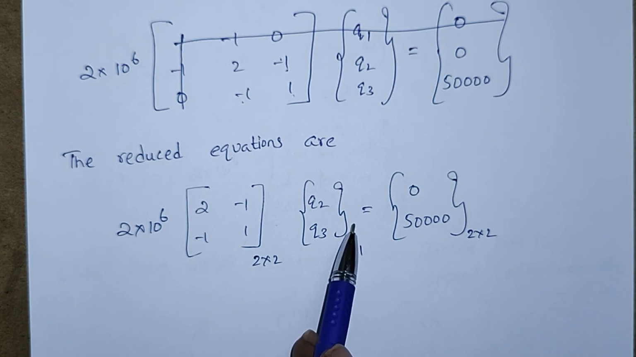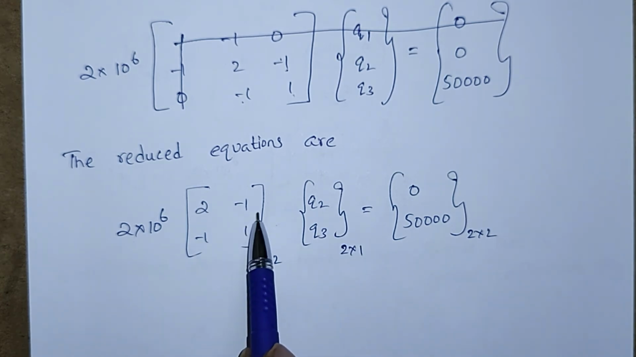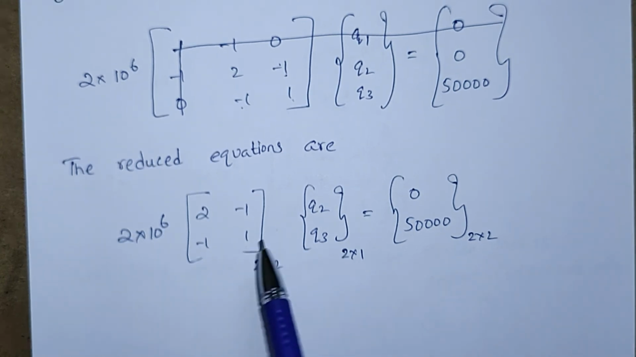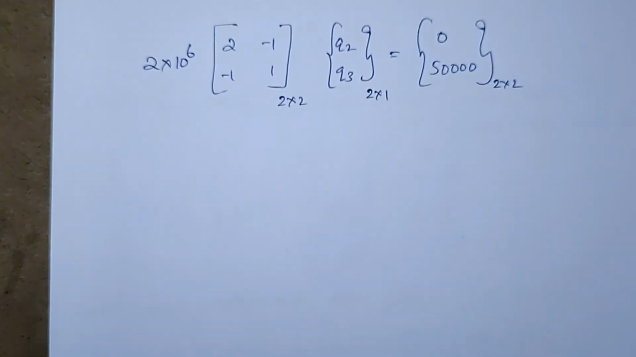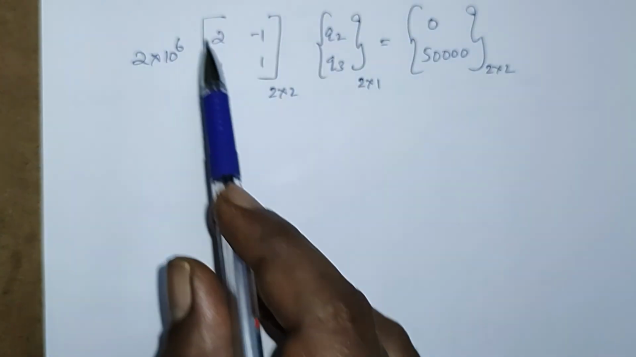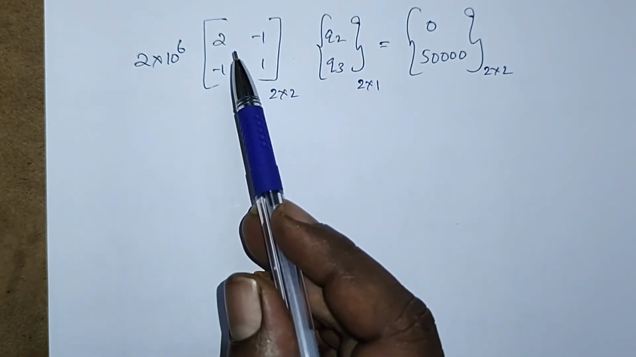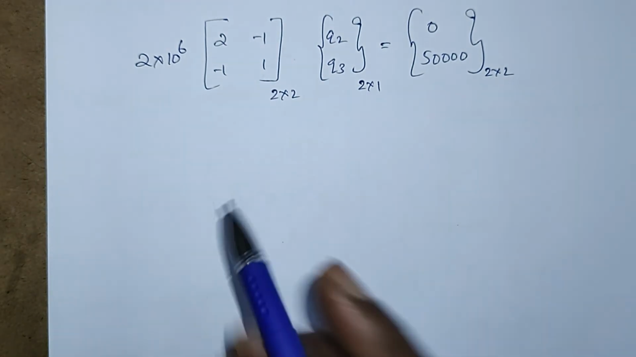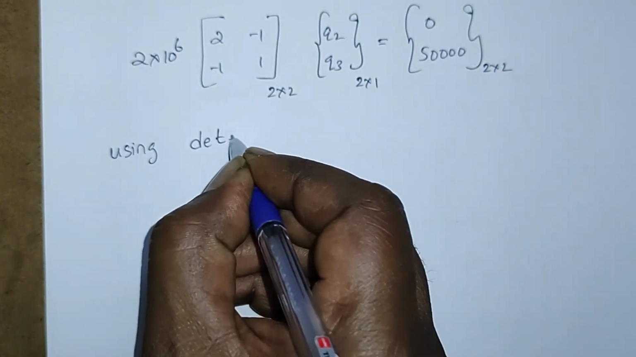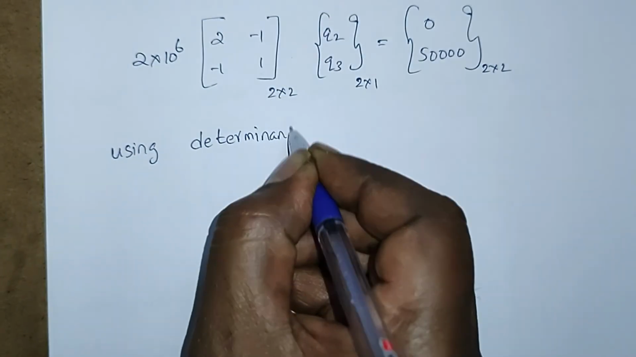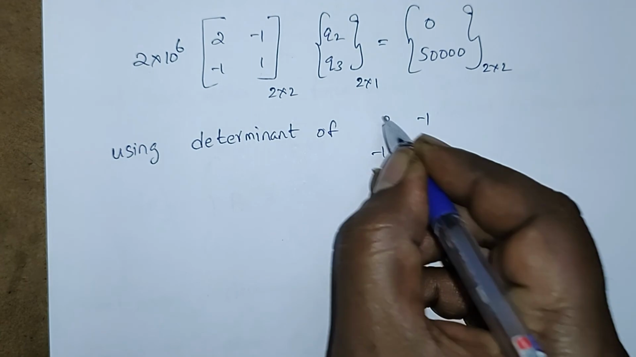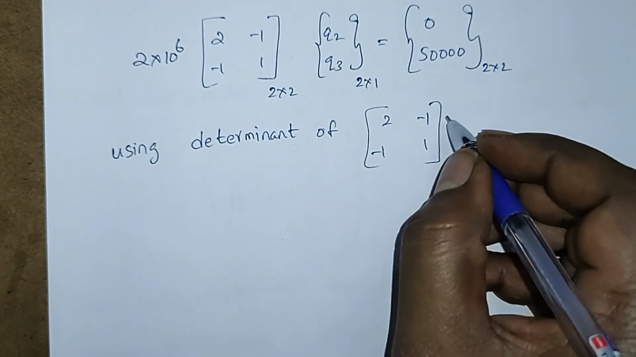Now using the determinant of the 2 minus 1 minus 1 1 matrix, which is 1, we will get q2 and q3. So already the given matrix is reduced, we know it is reduced to 2 by 2 from 3 by 3, right? Now using the determinant, next step is using the determinant of 2 minus 1 minus 1 1, okay, so matrix